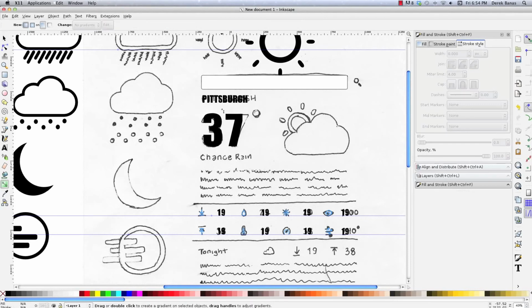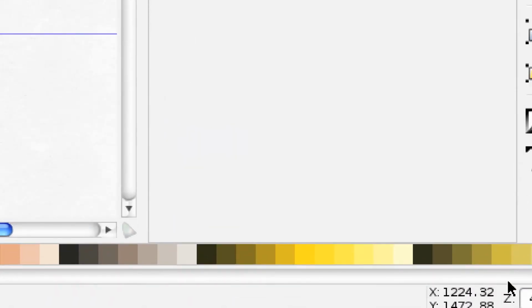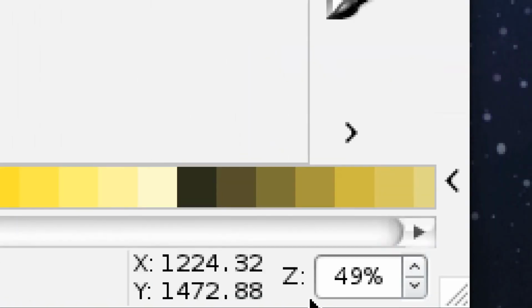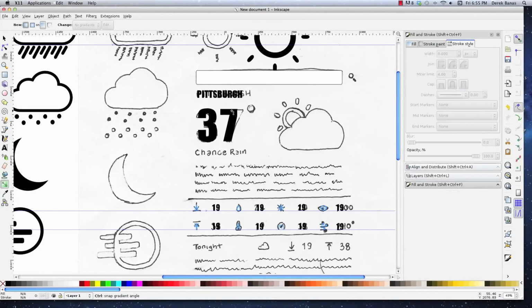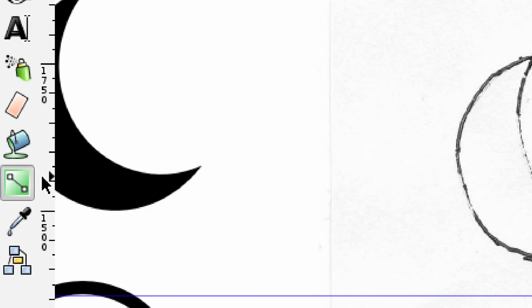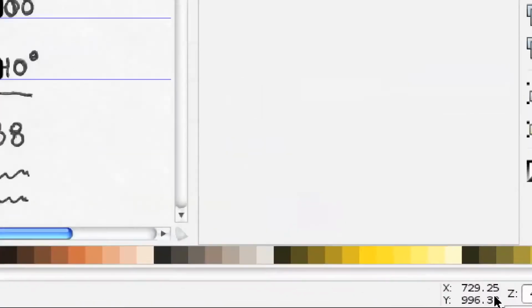And then there is not a ruler tool inside of Inkscape like there is inside of Illustrator, but that doesn't really matter, because if you come down here way at the bottom, let me open this up a little bit, way down here at the bottom of the screen, and there's no real way for me to show you this, but basically if you use the gradient tool, which looks like this right here, if I select that, and then down here what's going to happen is whenever I hold down the shift key